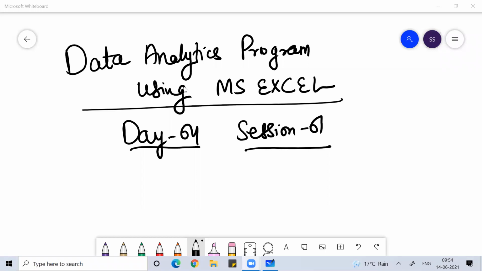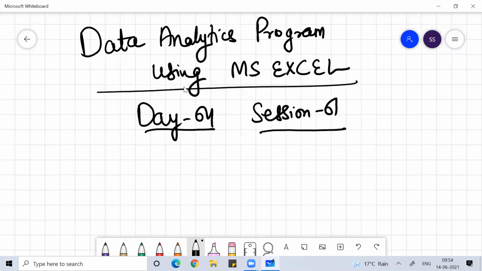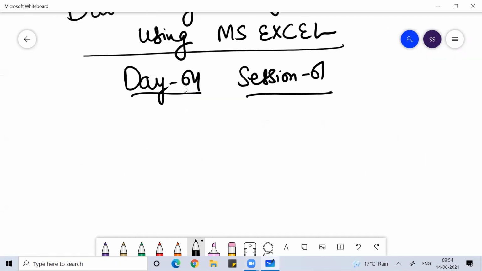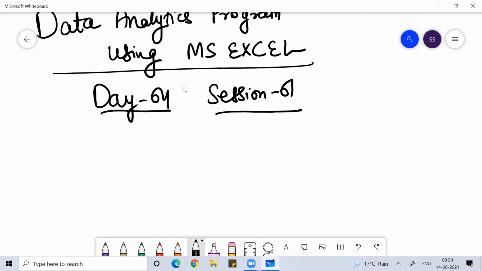So if I have to recap what I have done so far in your MS Excel training, we have discussed the basic application on how we can navigate MS Excel. Okay, that is the one thing. Then we talked about the features of MS Excel by using Excel options. That was the next thing we did.